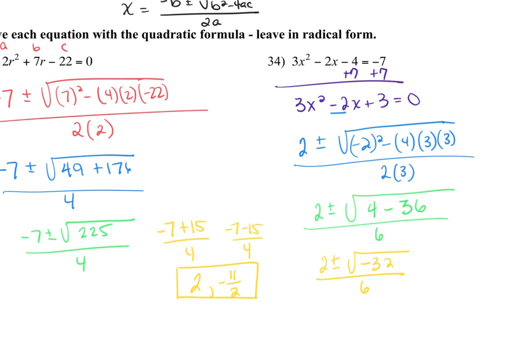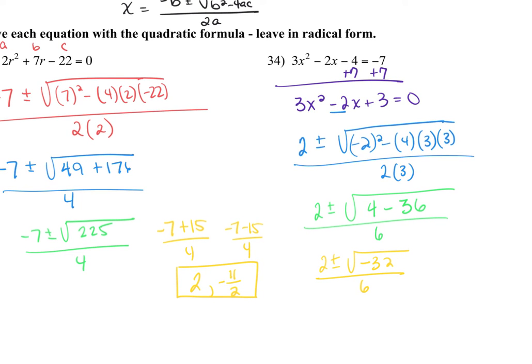All right, so the negative piece. What's going to come out with the negative piece? An i is going to come out. For the 32, I need to do my factor tree. If you see a perfect root within your factor tree, you can go ahead and do that, and that's going to come out. Or you can keep doing 2 and 8, 2 and 4, 2 and 2, and you're going to see that 2 2s are going to come out, right? So you can stop there if you see a perfect root. So it's going to be 4 comes out of the root, 2 stays in the root, and it's all over